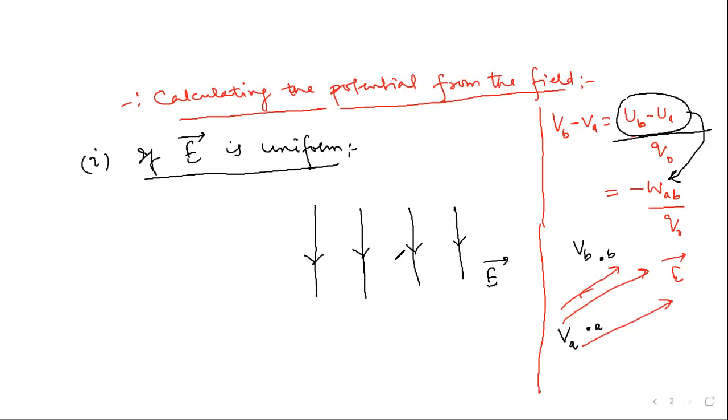So it's uniform in magnitude and direction everywhere. It will be produced by certain charges. We have not shown those charges which produce it. What we do next,